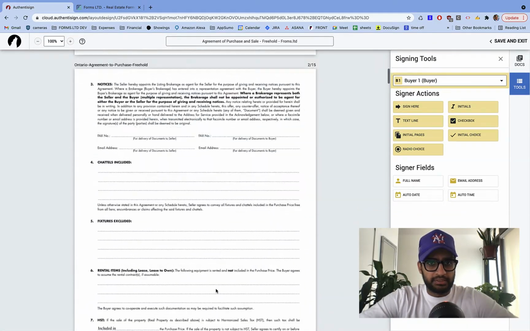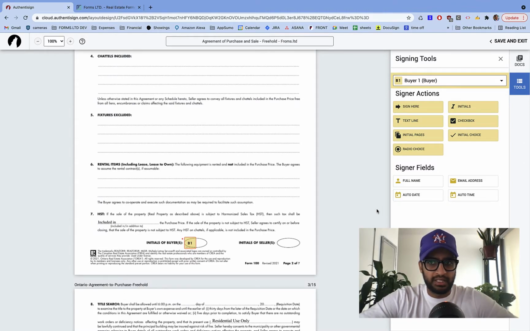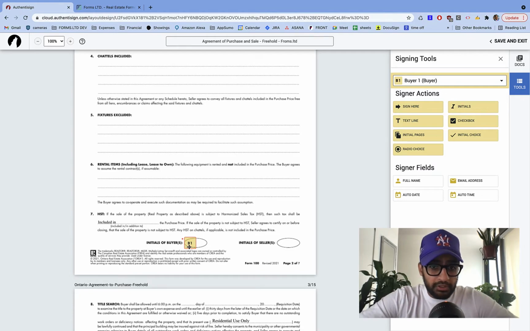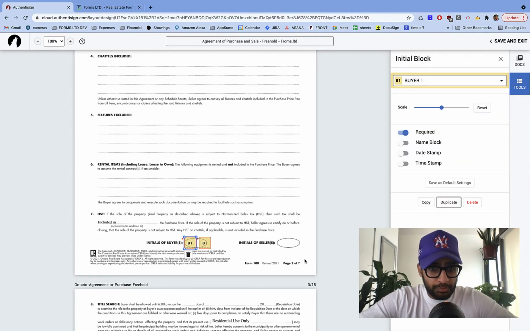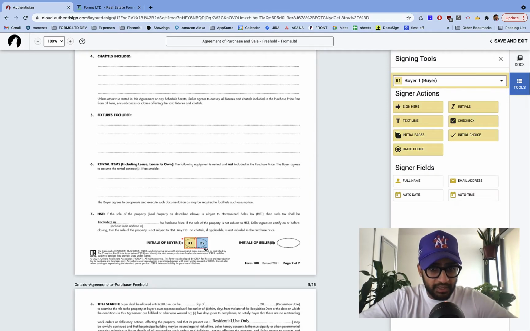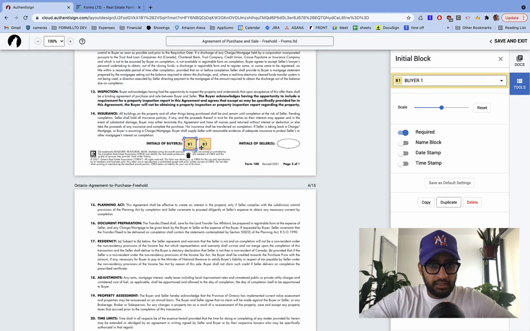Now let's continue on the second buyer. So I already put the initial on the first page. Now I just basically do the same thing. I can drag and drop it each single time. Or what you can do is you can click on this, press duplicate, and then you can click on the duplicated version and then go back to this buyer 1 over here and change it to buyer 2. And now it's buyer 2. So I'm just going to do that, this, duplicate, change it to buyer 2. So that's another way to